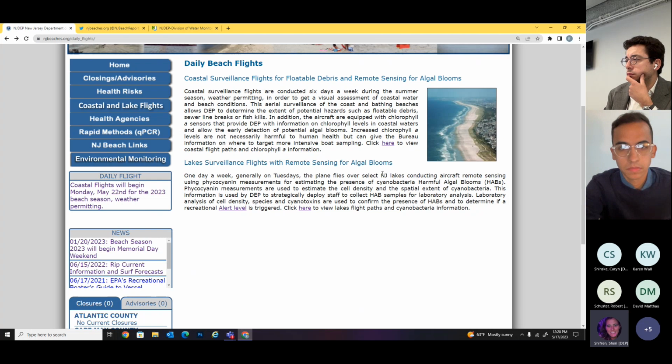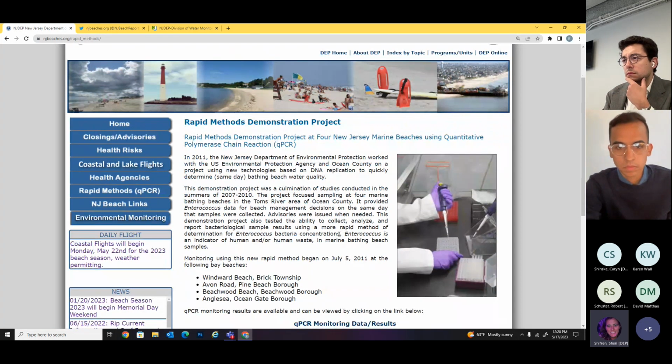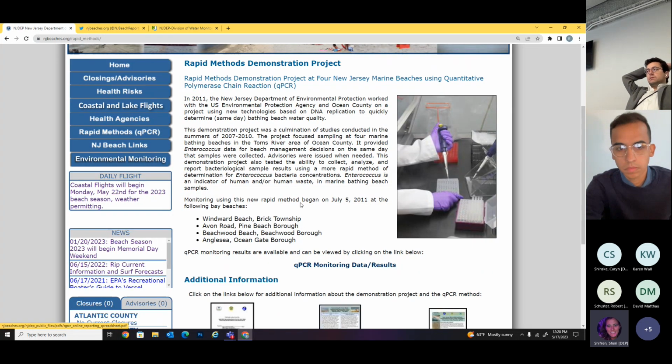And then you were asking about our sampling. We have previously tried, that's what this tab here is, this qPCR method. Since the analysis does take 24 hours, we tried to evaluate doing a different method of analysis. However, it didn't come to fruition because by the time you get the results, it's still going to be the end of the day. And so it's really going to be reflected again on the next day for the beach. So it really didn't cut down the time for the analysis, but you can look into our study here for that.